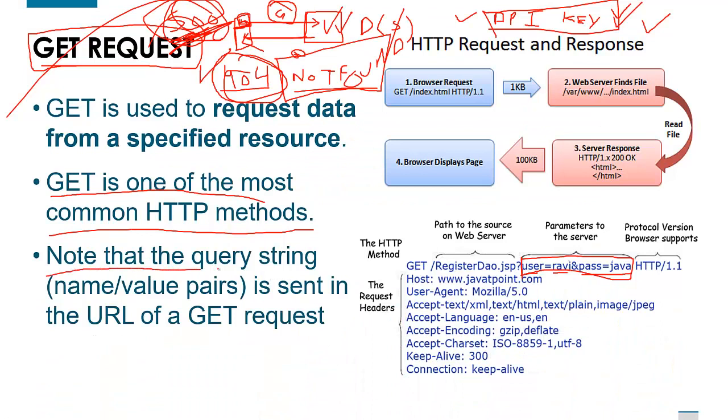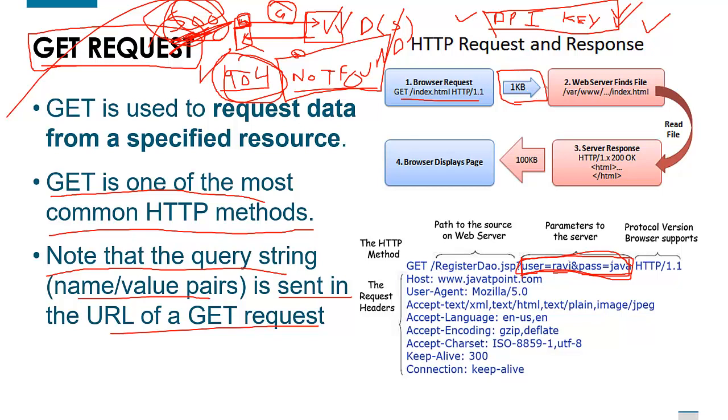So note that the query string name value pairs is sent in the URL to GET request, that I already told you. See that like this we have to send some parameters for the GET request here, so that the server or database can understand which thing you want to find here. So here we are sending our browser request. This is our file request, you can say any data here, a file here, so a 1 KB file.